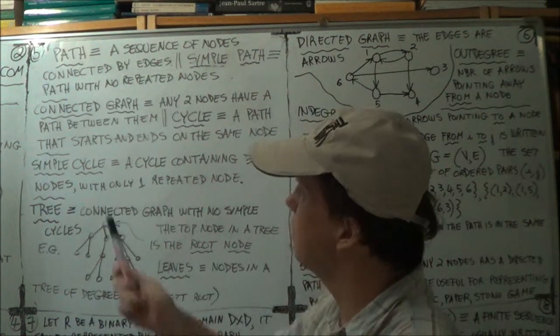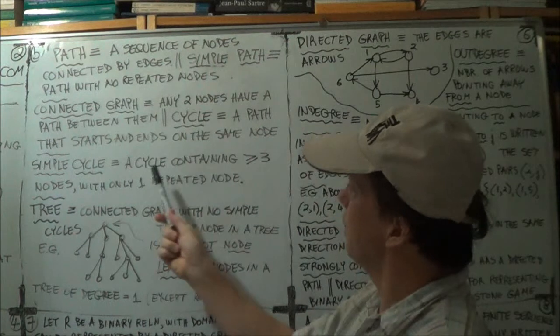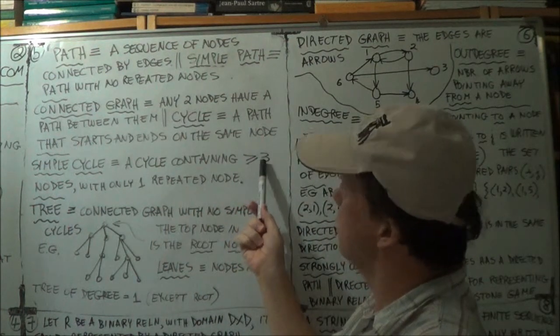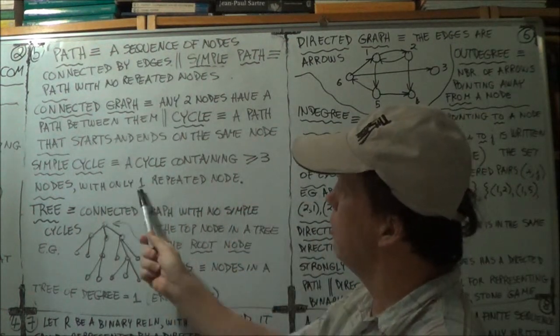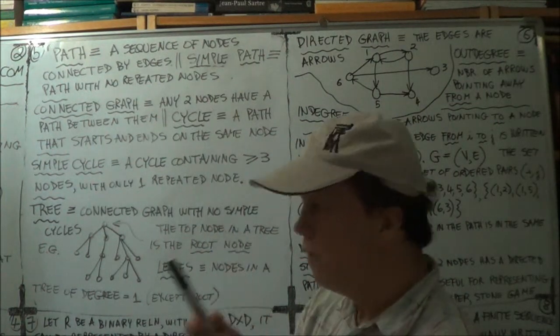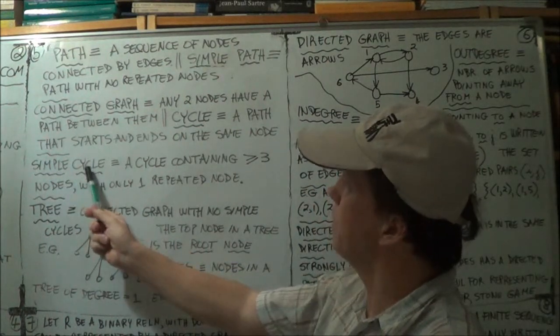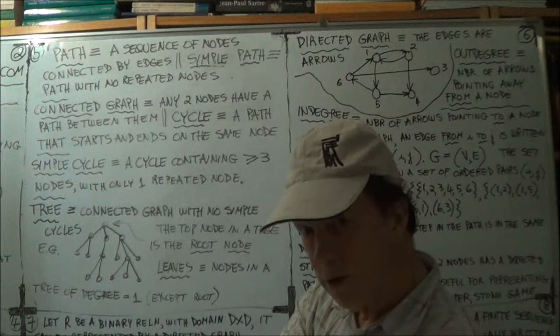Yeah, but it's not generally the intuitive idea of a cycle. Okay, so a simple cycle, it's a cycle. You need at least three nodes and only one repeated node. Okay, so if you want an example of a non-simple cycle, well, that figure of 8 one I gave you